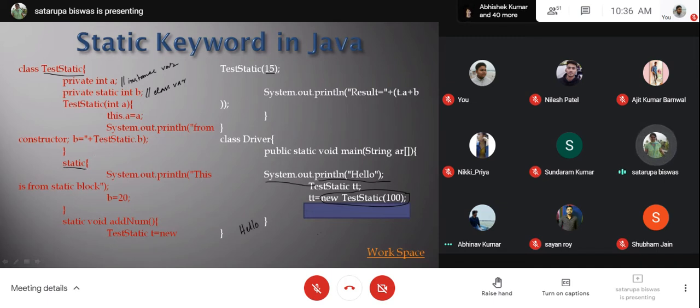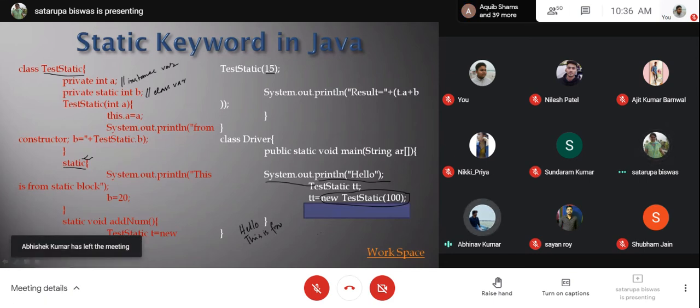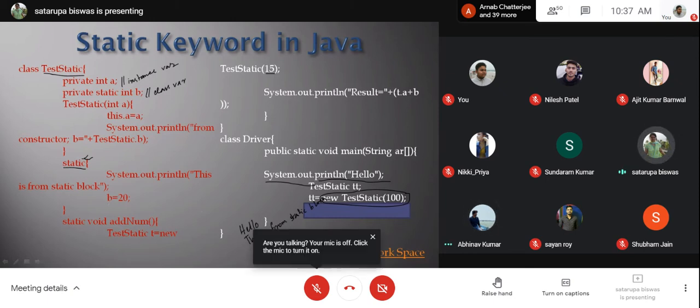So after hello, you'll have the output of the static block. What will be written after that? This is from the static block. One more line will be printed, ma'am, and b will be initialized to 20. So there is a b for TestStatic.